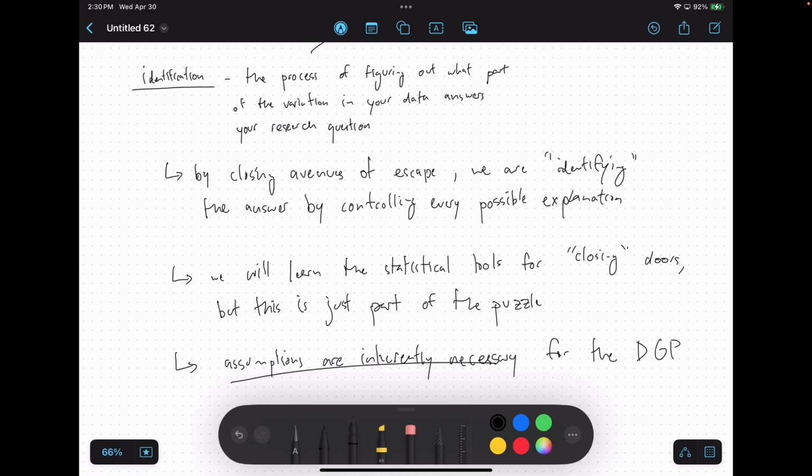If you close doors one at a time, maybe the dog decides to change the way that they go outside, right? We want to be careful about those things and understand that that could happen depending on the process that we take. Okay, so we kind of have to make assumptions just to figure out how to go about identifying. Yes, exactly.